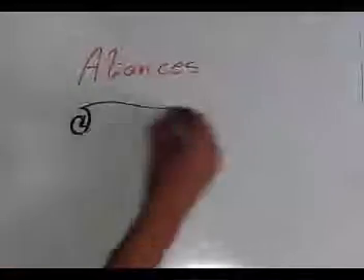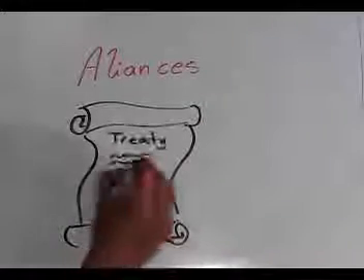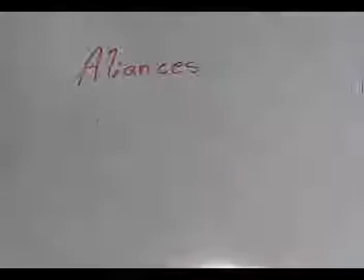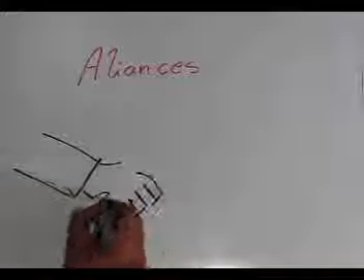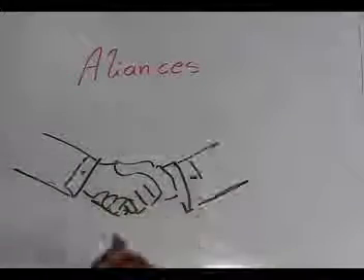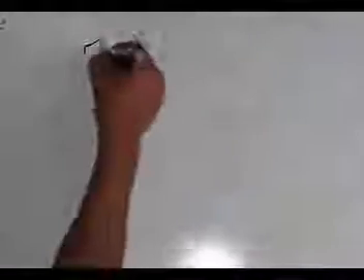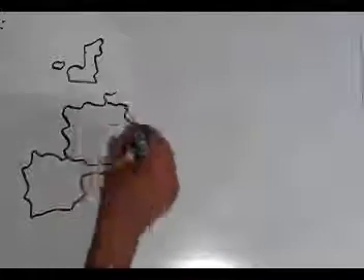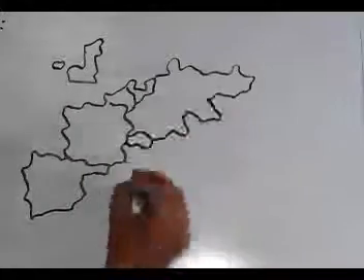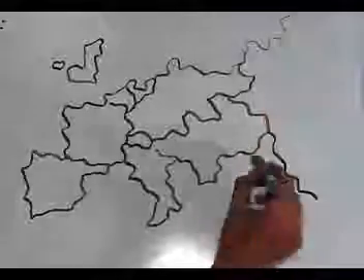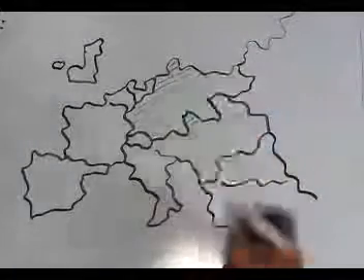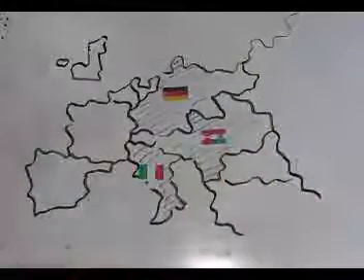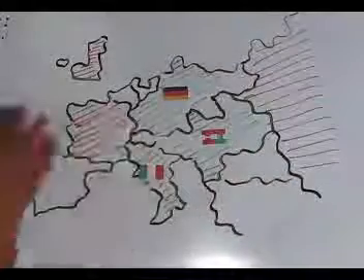Alliances. Over time, countries throughout Europe made mutual defense agreements that would pull them into battle. The treaties meant that if one country was attacked, allied countries were bound to defend them. Before 1914, Europe's main powers were divided into two armed camps by a series of alliances. These were the Triple Alliance, composed of Germany, Austria-Hungary, and Italy, and the Triple Entente, formed by Britain, Russia, and